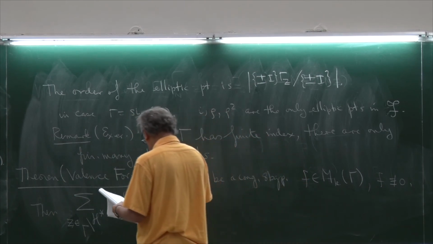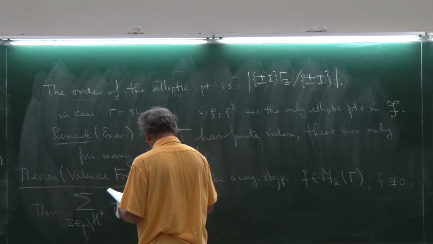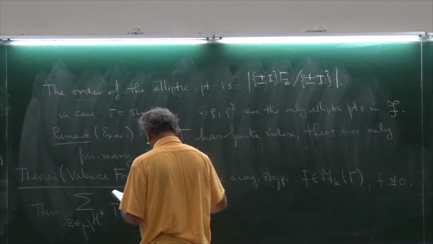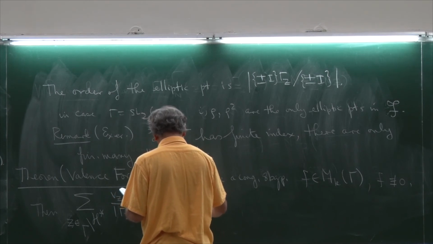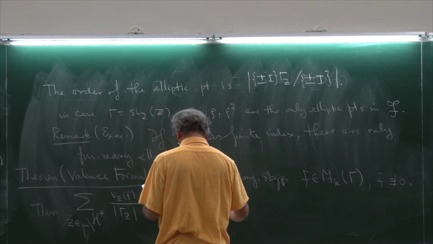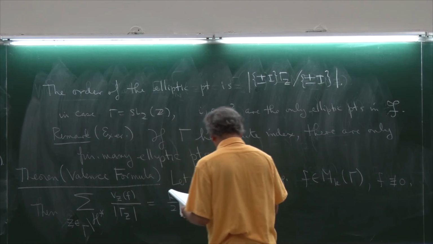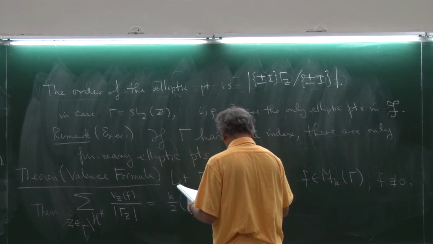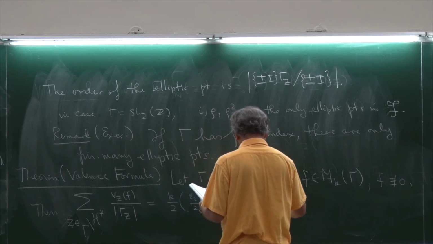This is equal to k over 2 times epsilon 2 over 2 plus 2 epsilon 3 over 3 plus epsilon infinity plus 2g minus 2,